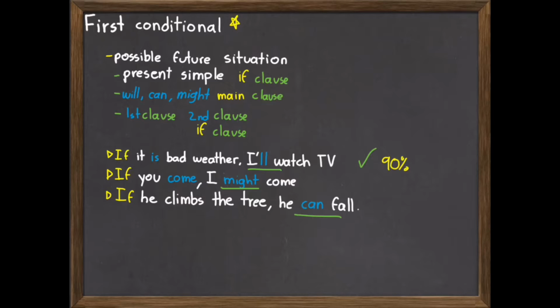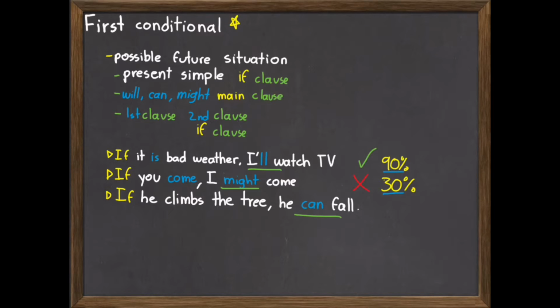Now, for might, we're not sure whether the situation will happen. We do not have enough information to know for certain whether the situation will happen. So we could say that we have a 30% chance of the situation happening. This is just to help you visualize the chance of the situation happening. It doesn't mean that it has to be specifically 90% or 30%